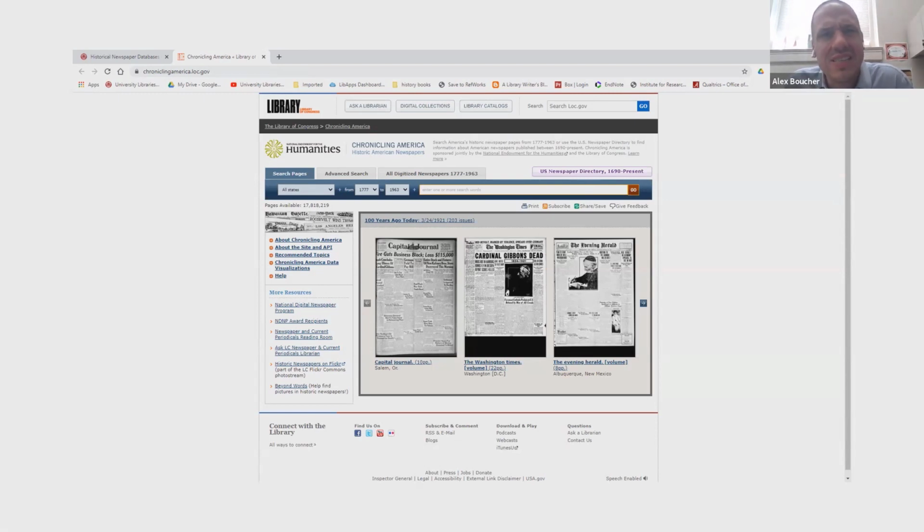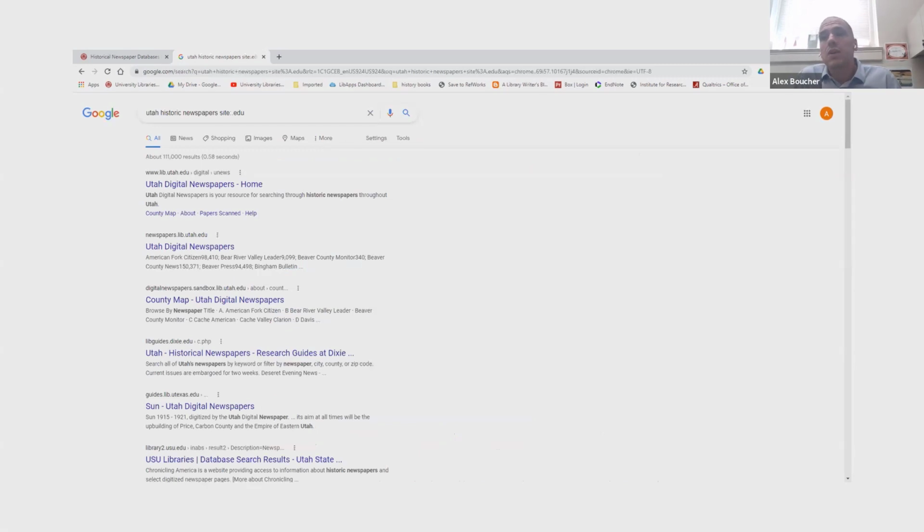If you can see, it says basically 1777 through 1963. My experience is it's really mostly strong for the late 19th century, mid to late 19th century through early 20th century. But you can also find plenty of other freely available newspaper databases just on Google.